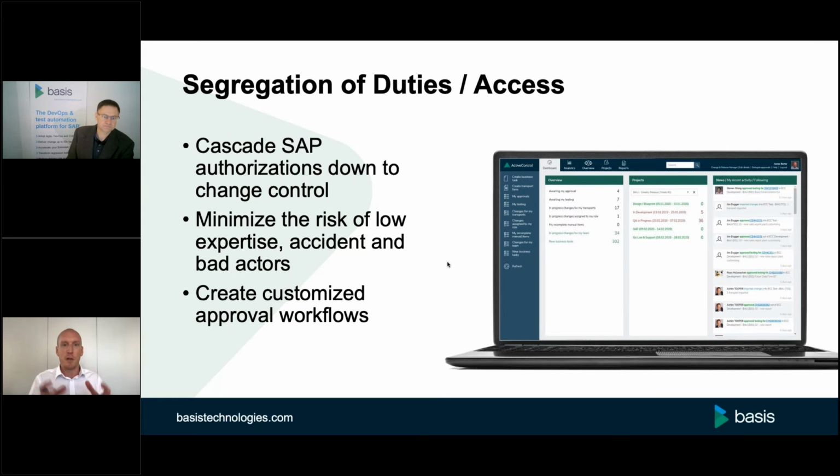And naturally, letting people make changes to what are typically quite business critical SAP systems, production systems, comes with a pretty significant security risk in allowing that to happen and giving people the responsibility for that. So how can we manage that more effectively without slowing down that speed and that cadence that we're looking for with DevOps in general? I mean, we should start at a high level by saying that segregation of duties is